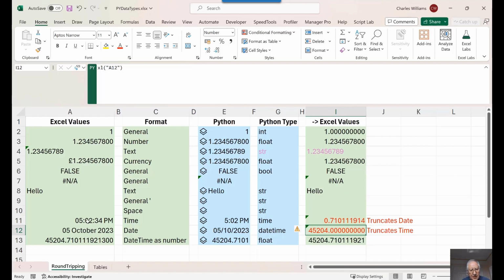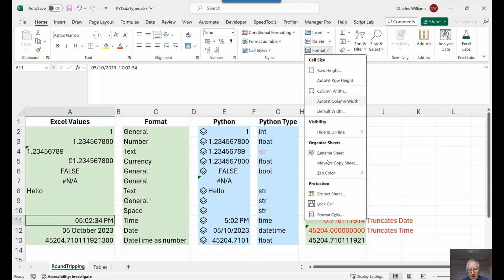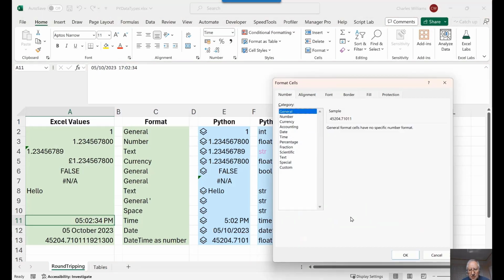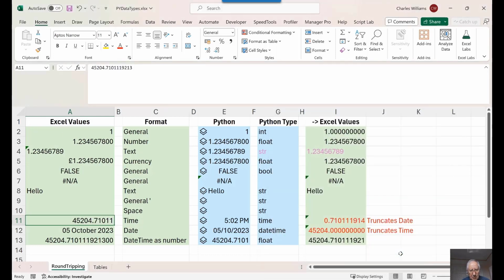But for instance, if I now change the format of that cell to, I don't know, what do we change it to? General. Okay, so it becomes a number. Now, changing the format of a cell does not trigger a recalculation. So if this Python cell has not been recalculated, it still thinks it's a time. And when it comes back out again,